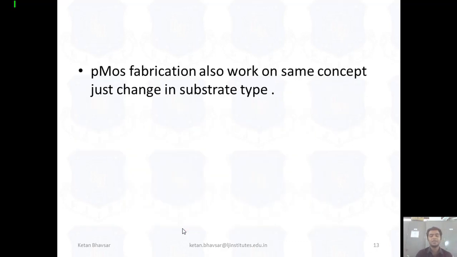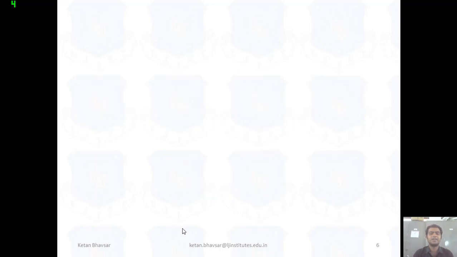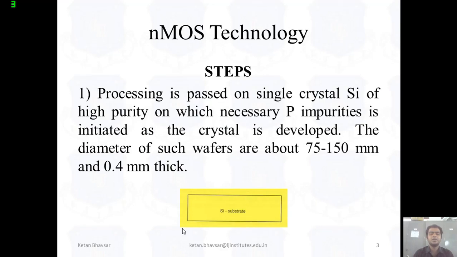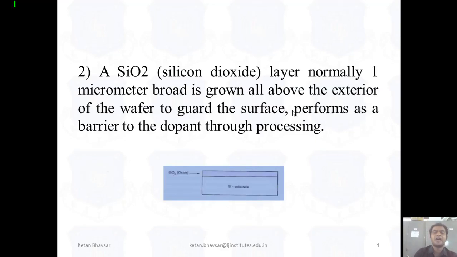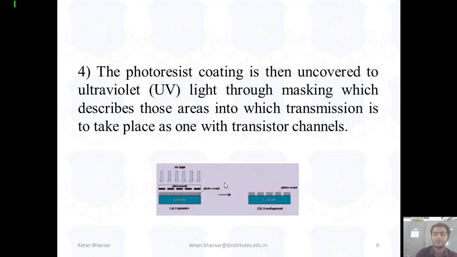Now after that, the same process is applied on the PMOS type of transistors. As you can see, in the PMOS type of transistor we have the same process in each and every step. We just have to change the substrate and the doping density type, as you can see in this figure. Suppose right now I'm designing a PMOS, so we have to take a substrate of N type impurities. After taking the N type impurity, this step will be the same for the SiO2 layer and photoresist material. We have to take a mask.